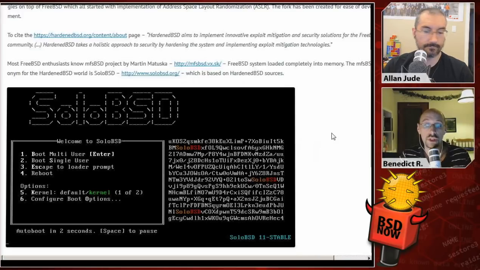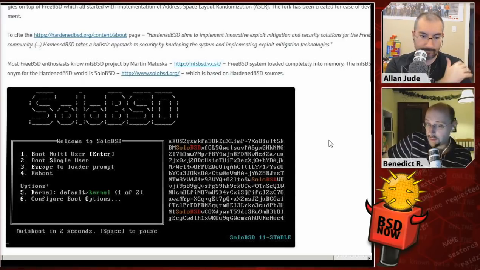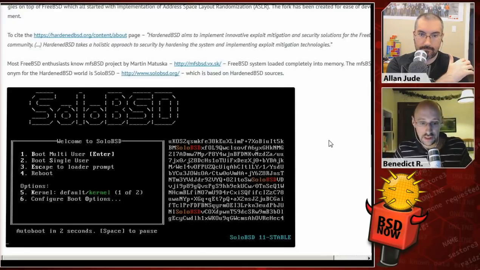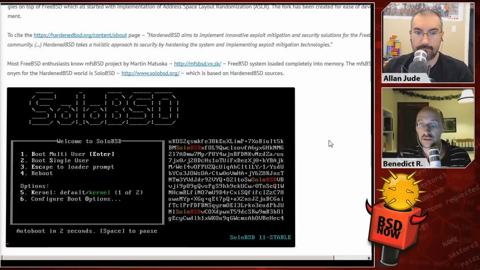Most FreeBSD enthusiasts know the MFS-BSD project by Martin Matuszka, the FreeBSD system loaded completely into memory. Yeah, that's helping you with saving your pool sometimes, or just getting the system repaired in case there's something wrong. It's a nice remote rescue system, things like that. And the MFS-BSD synonym for the HardenedBSD world is SoloBSD over at solobsd.org, which is based on HardenedBSD